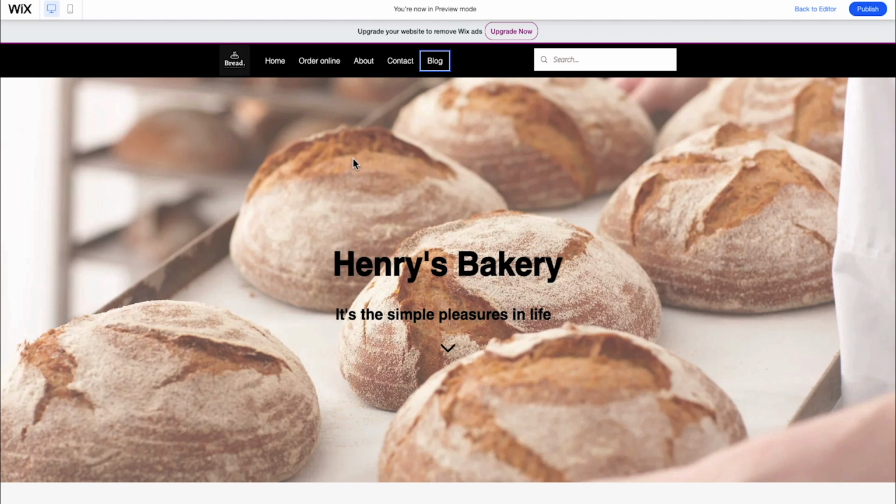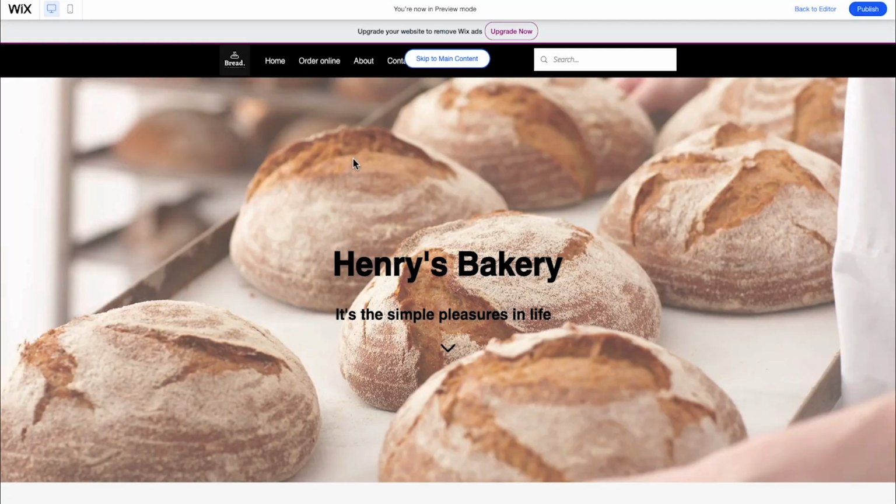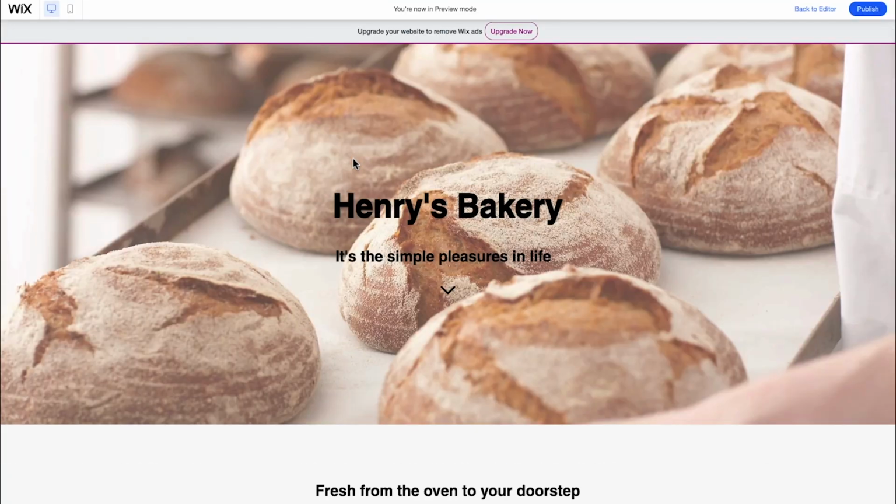That's what that little blue square is. Now, if I want to move backwards, I can press Shift Tab and it's going to move back through all my options. Now, the first thing that you should come to is skip to main content. And that is awesome. We've already added it for you in the Wix editor, but a lot of sites don't even have this option. When you press the return key, it's going to take you into the main content of